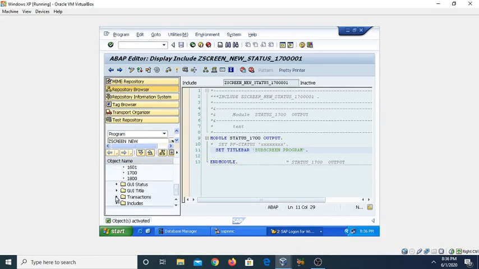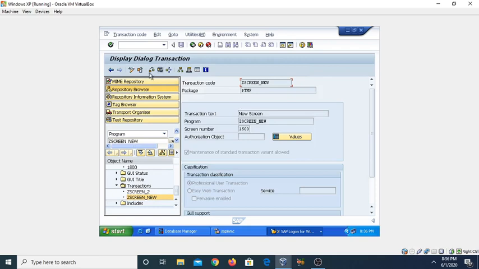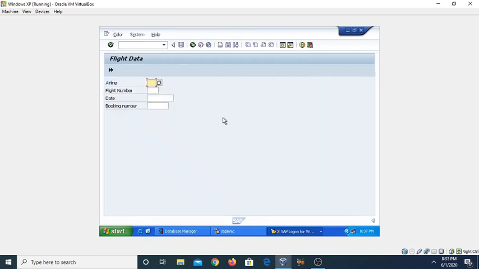Now the transaction that we have created, just double click on it and then check for the syntax and then execute it. So here I have called the screen number 1500.